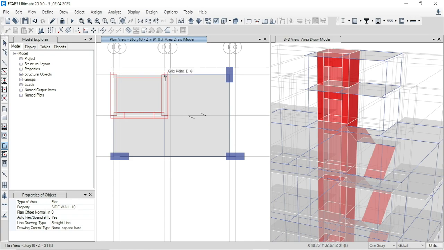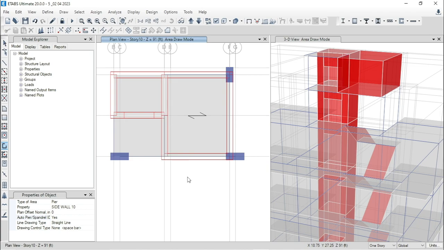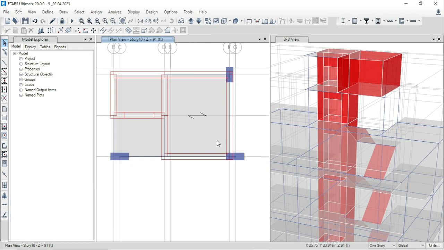Now go to edit, from here to here, and from here to here. We don't need to model the side wall at this portion again, because there is a wall already present at this position. Now we can delete this beam.